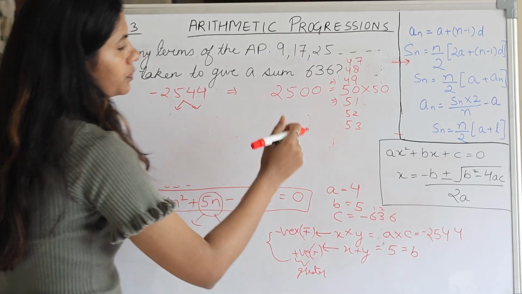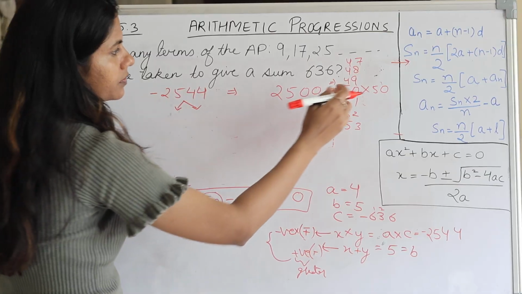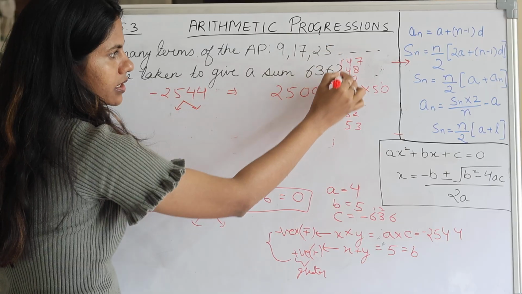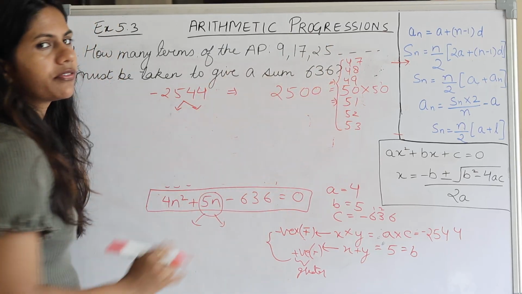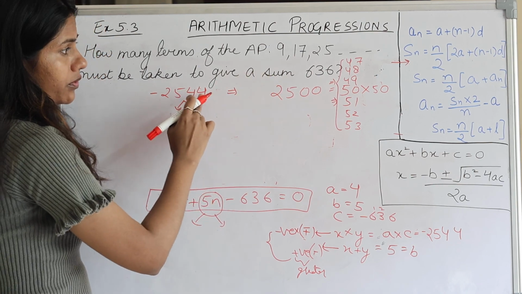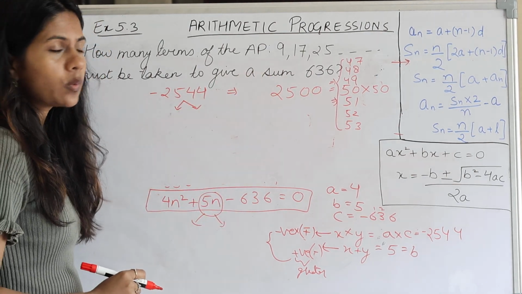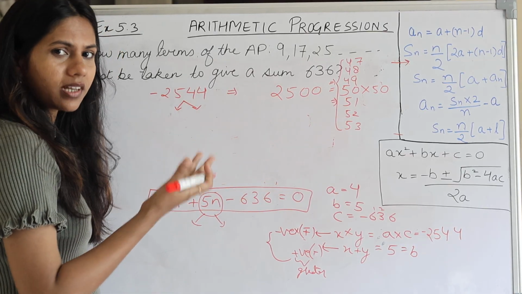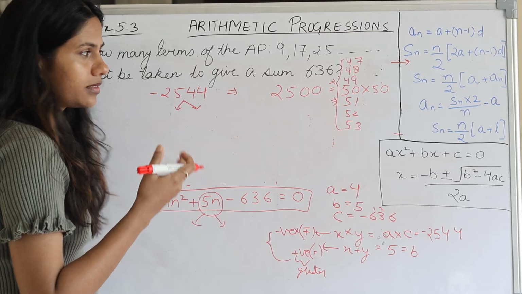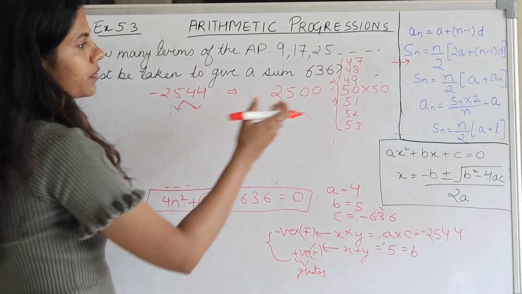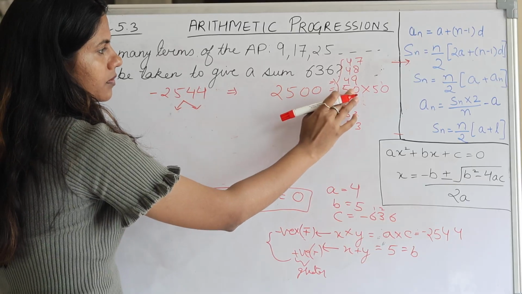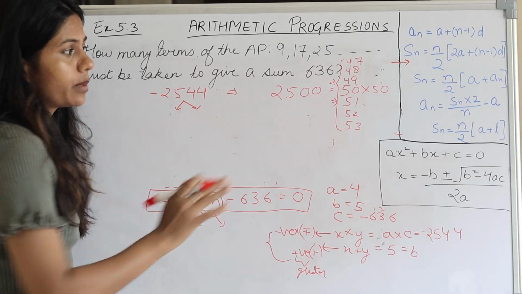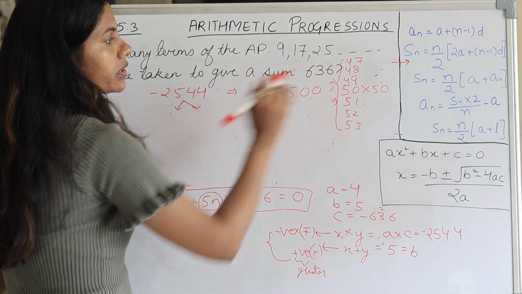Okay, let's try. I'll try to eliminate some of these, since we have this big list. So let's see in 50. Can 2544 be a multiple of 50? No. Why no? Because 50 consists of 0. See, 50 into anything will always have the last digit as 0. This is how we do the divisibility test, right? So this can definitely not be a multiple of 50. Okay, now we'll go with 49.